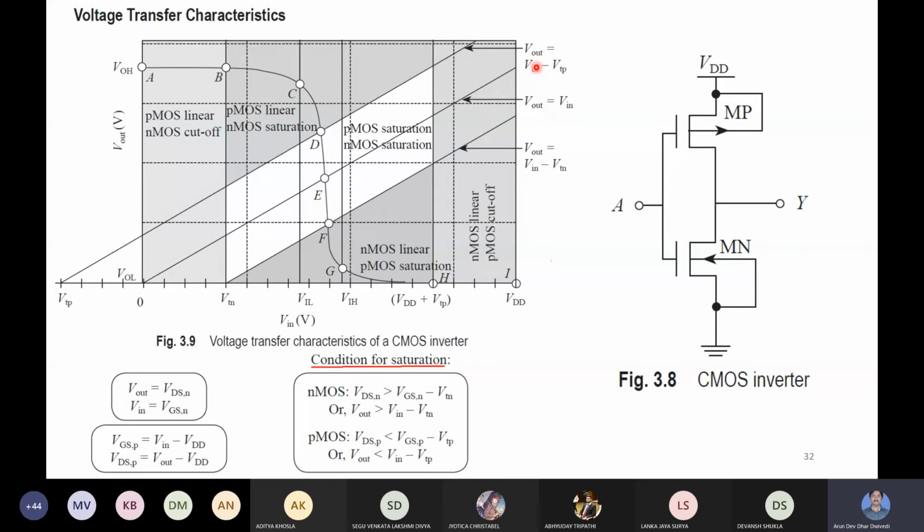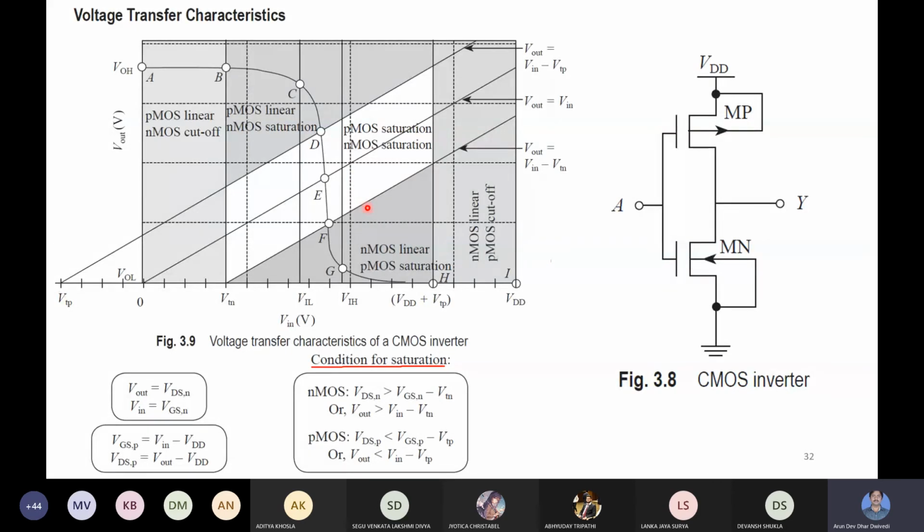So V out is equal to VGSP. This line is V out equal to V in, and this line is V out equal to V in minus VTN, and this one is V in minus VTP. Sorry, not GSP. It is V out equal to V in minus VTP, and this one is V out equal to V in minus VTN. So this line will decide if below this NMOS transistor will be in saturation,